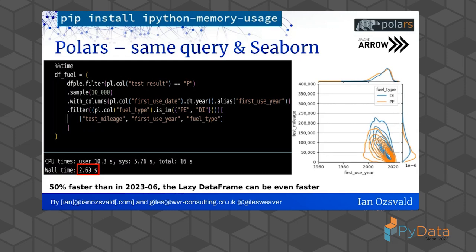Interestingly, compared to 6 months ago when we ran this exact same bit of code, Polars has become 50% faster. That's really nice. Not a slow down, but a speed up, and I've noticed that in Polars, there's a bunch of things that just sped up in the last 6 months.